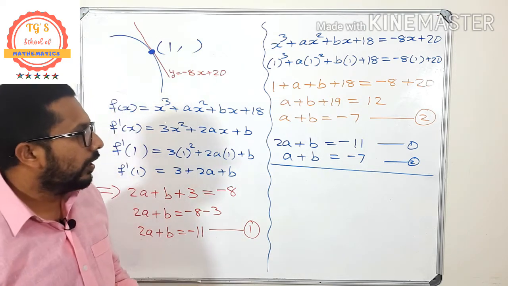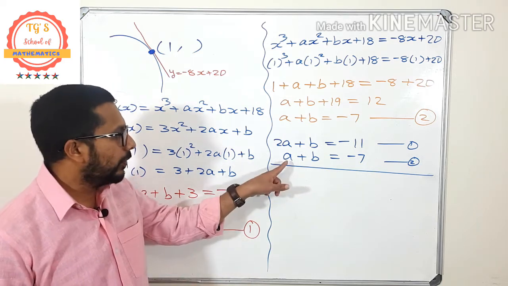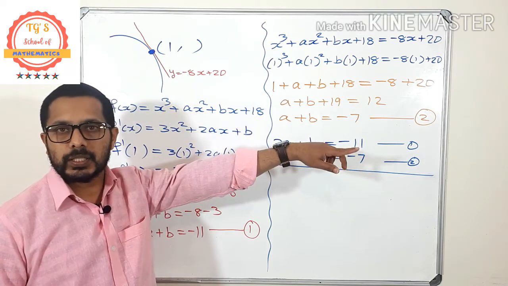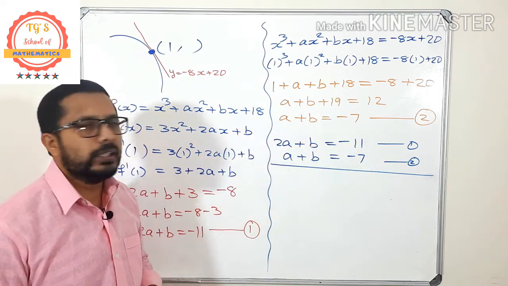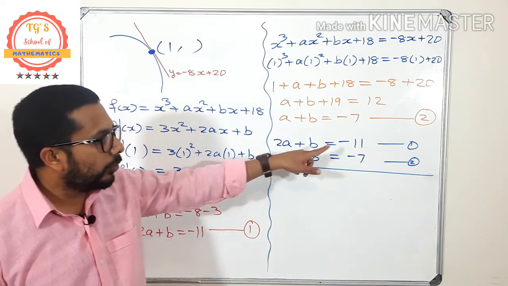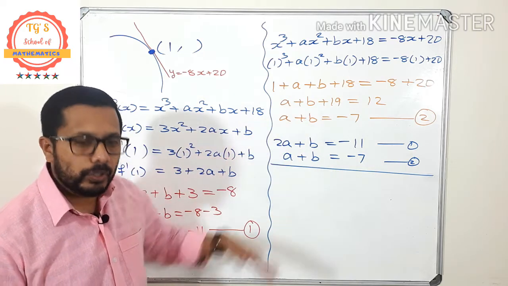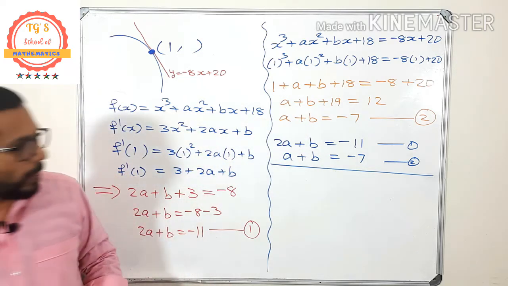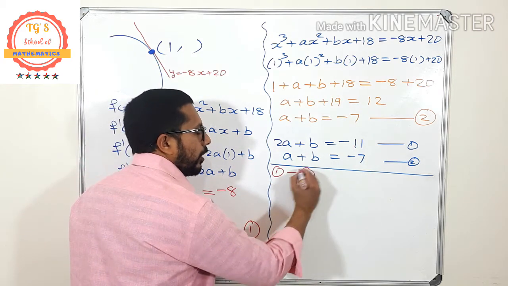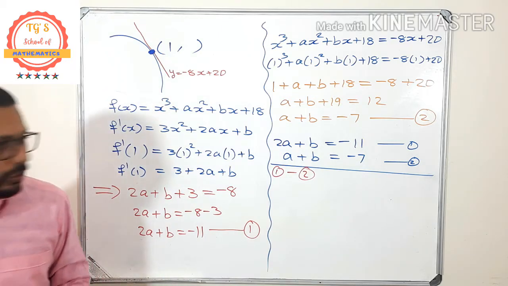Okay, so here without doing much step, maybe some of you are thinking that from here we can find the value of b as minus 2a minus 11. Okay, I'm not going to do anything like that. It's too many steps. Okay, what is the simple method? I'm going to subtract. This is equation number 1 and this is equation number 2. What I'm going to do is equation number 1 minus equation number 2.